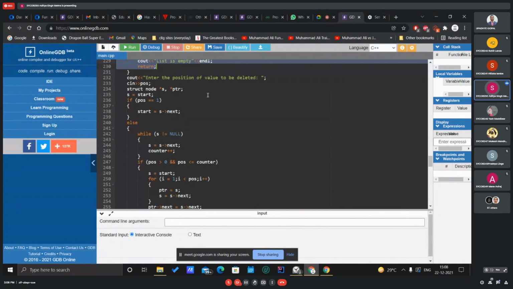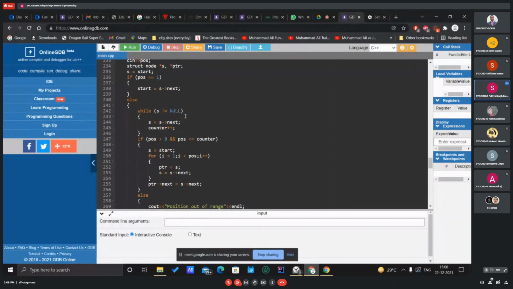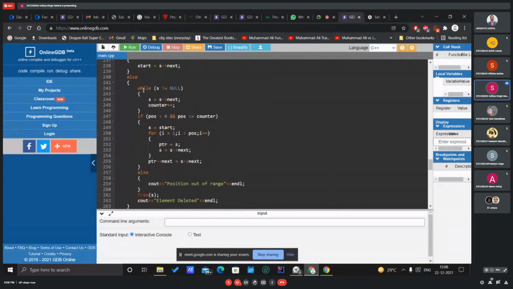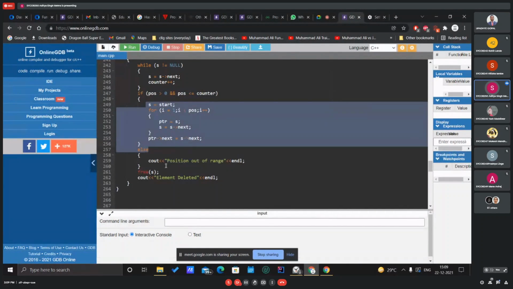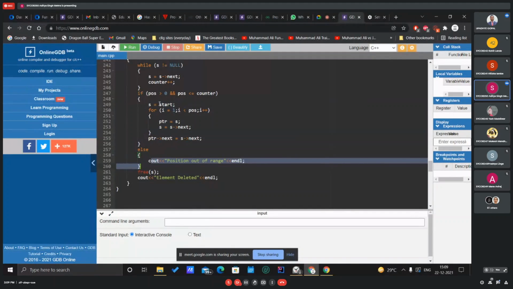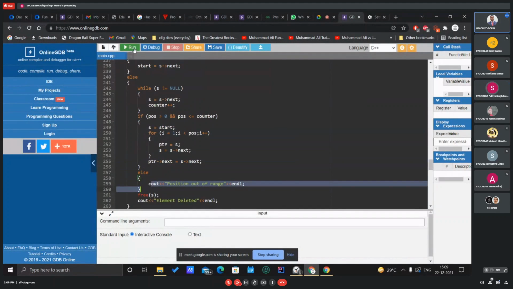And then if the position is the first element of the list, then what I do is I just simply move the head pointer to the next element, start equals start next. And if it is not the first element, then I first traverse the linked list and I count how many elements are there. And then I apply a condition: if the position value is in range, then deletion, and if it is not, then it is out of range. And execute the code. Okay, sir.